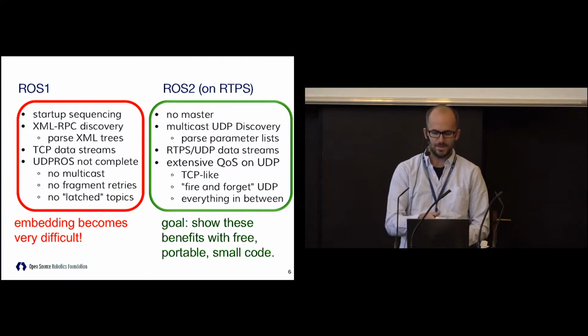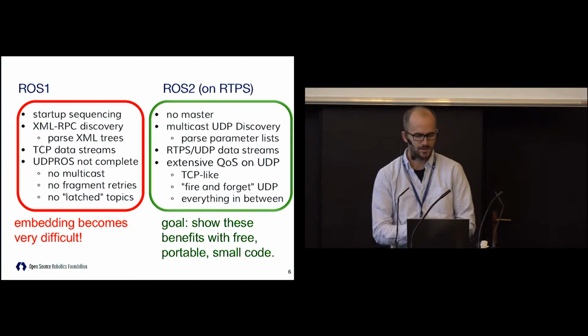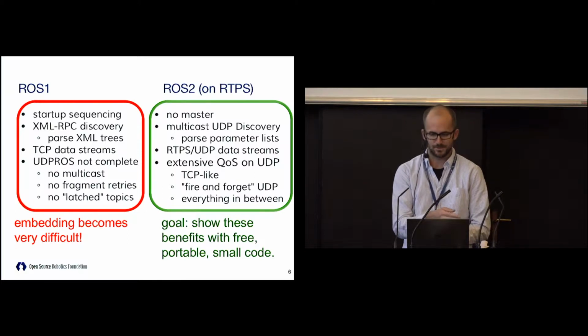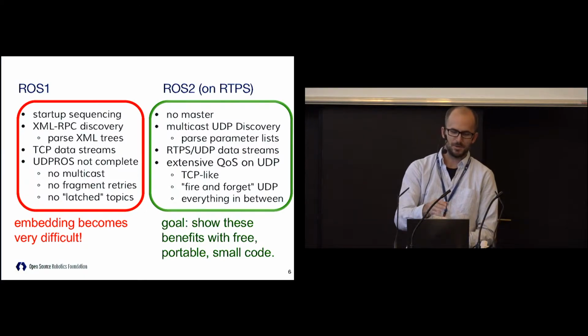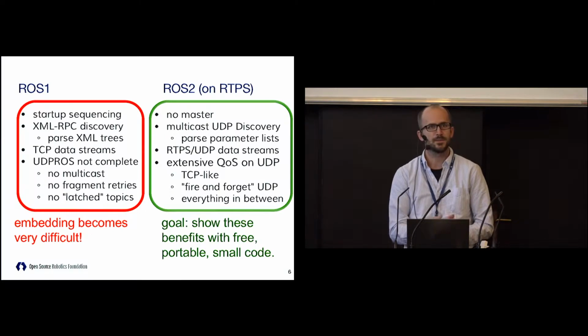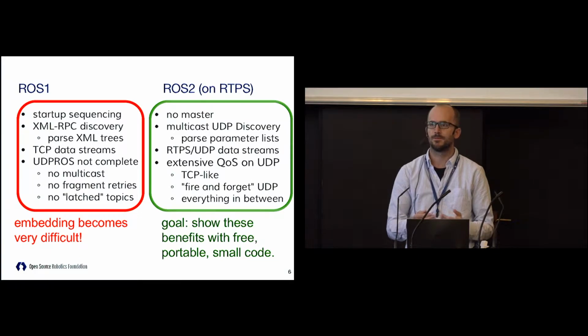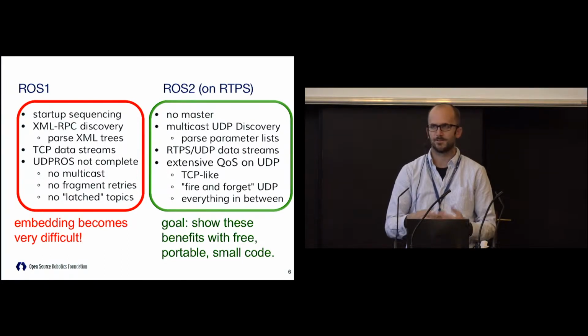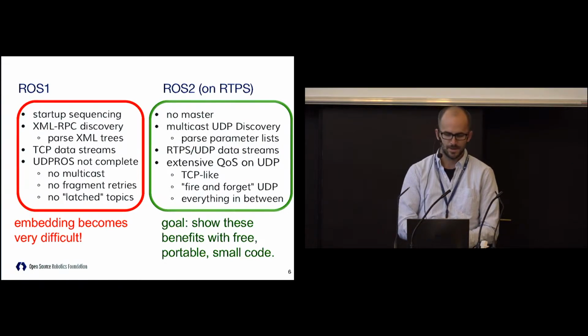So what happened in the past, what's going to happen in the future, ideally here. On the left side, this is the sad column. This is the sad music, black and white part of the infomercial. With ROS1, there were numerous issues that made it hard to embed. One of them was the startup sequencing problem. That means that you had to have ROS core up before the clients could connect to it. And that's sometimes tricky because microcontrollers boot effectively instantaneously, as opposed to a full-on Linux computer, which has maybe a multiple second boot time at best, and then it'll fire up ROS core. So that was always tricky. You had to either reset the microcontroller or delay the boot sequence somehow.